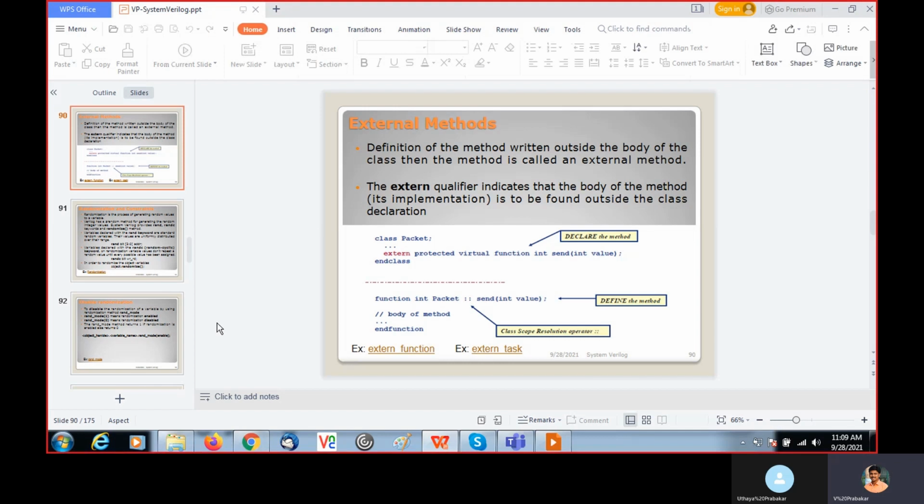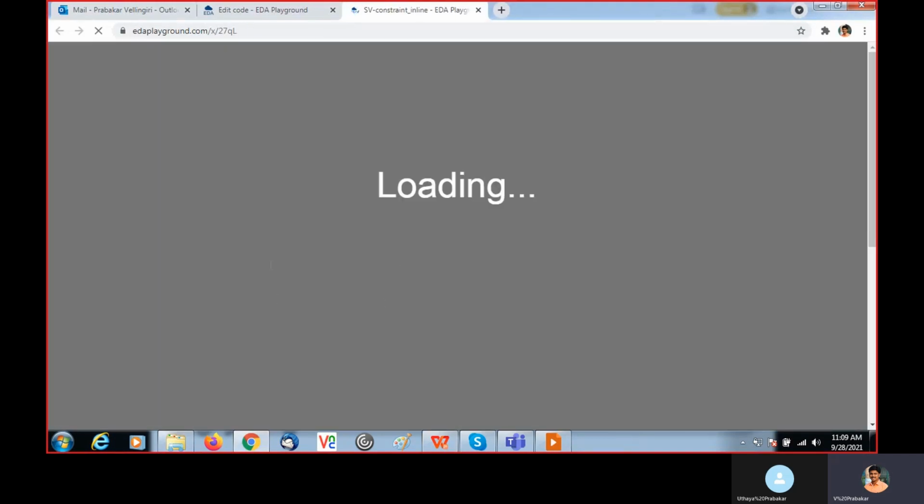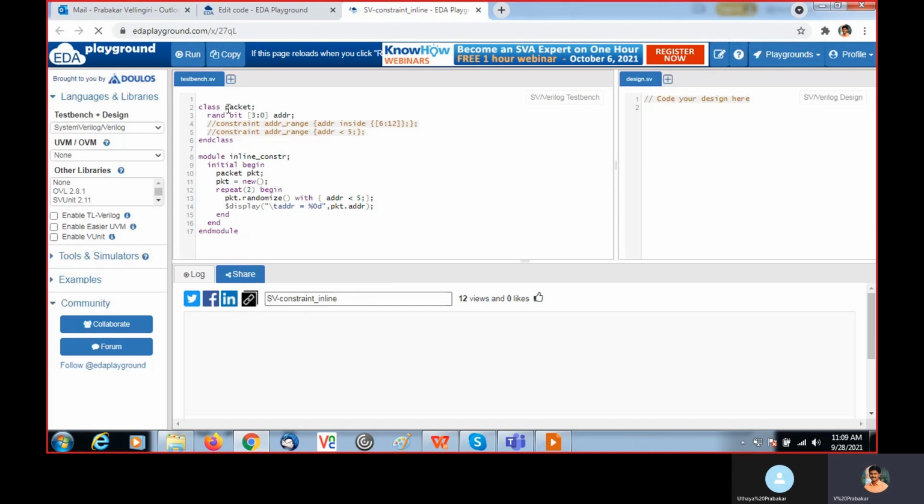In this example, class packet, the address is declared as rand 4-bit. Then instead of mentioning the constraint here, inside the module, after creating new 2 times, I'm going to randomize.